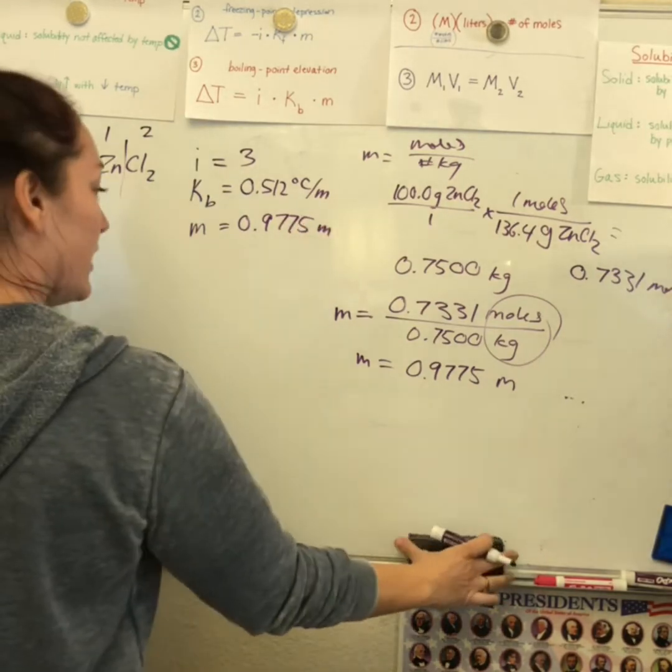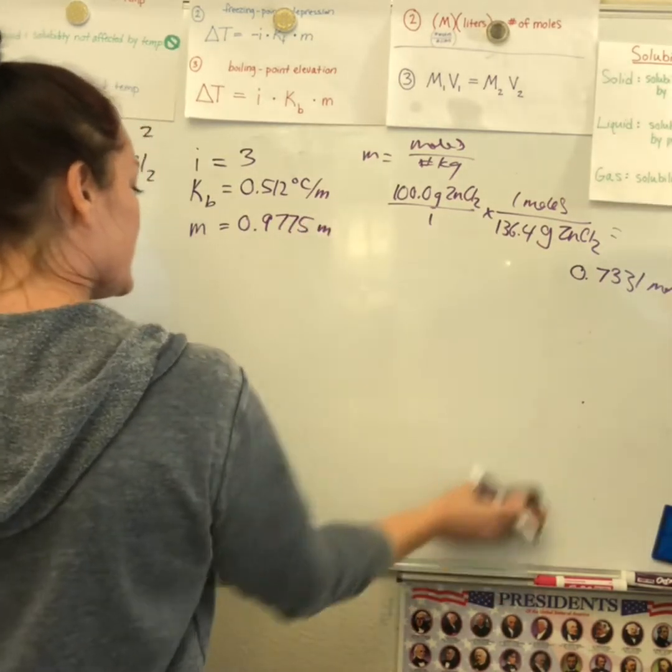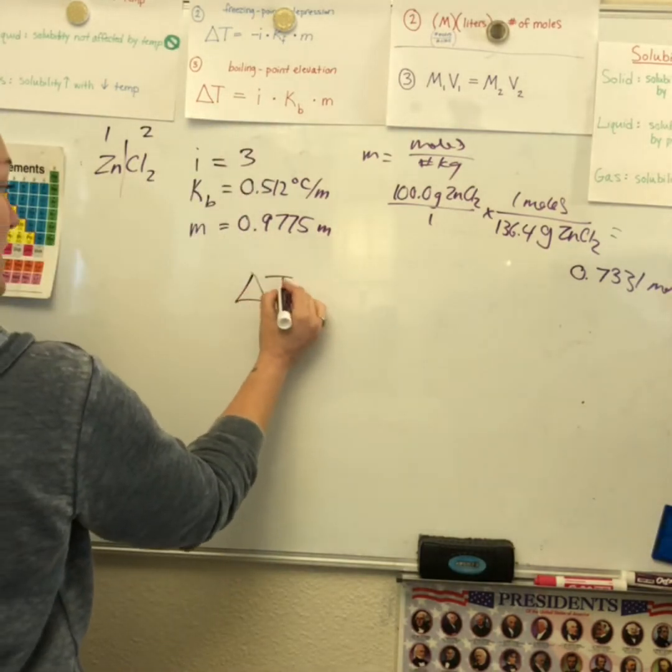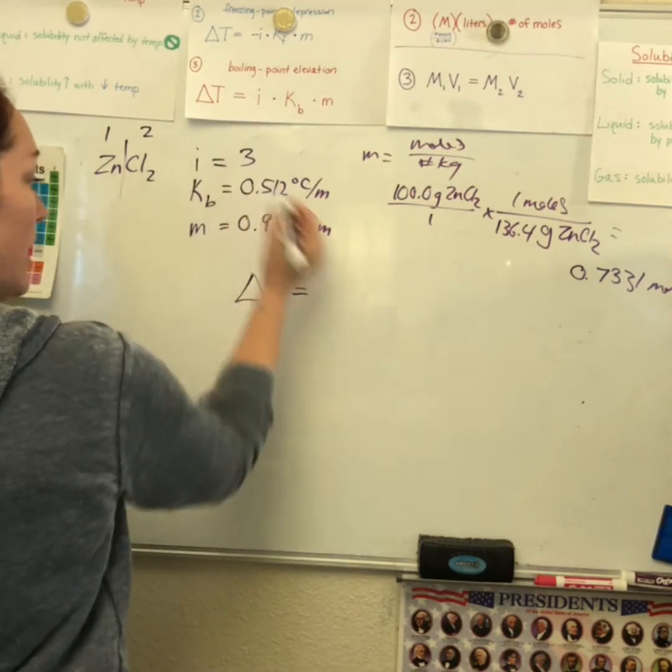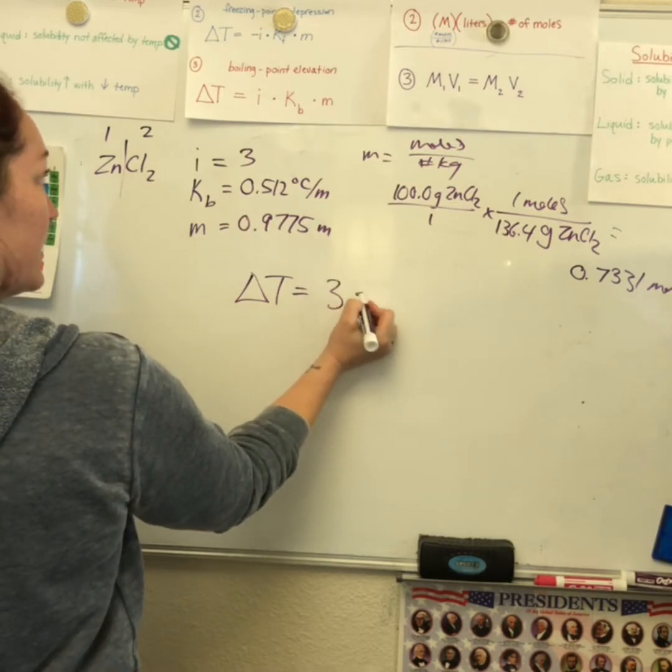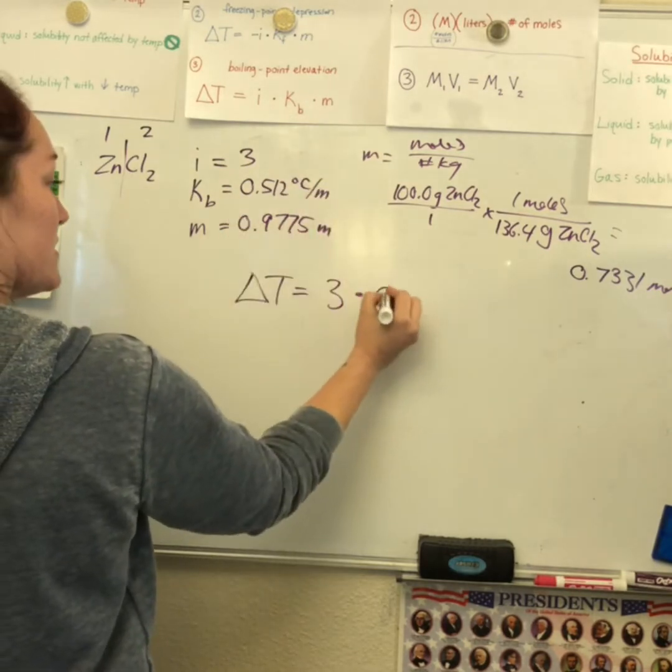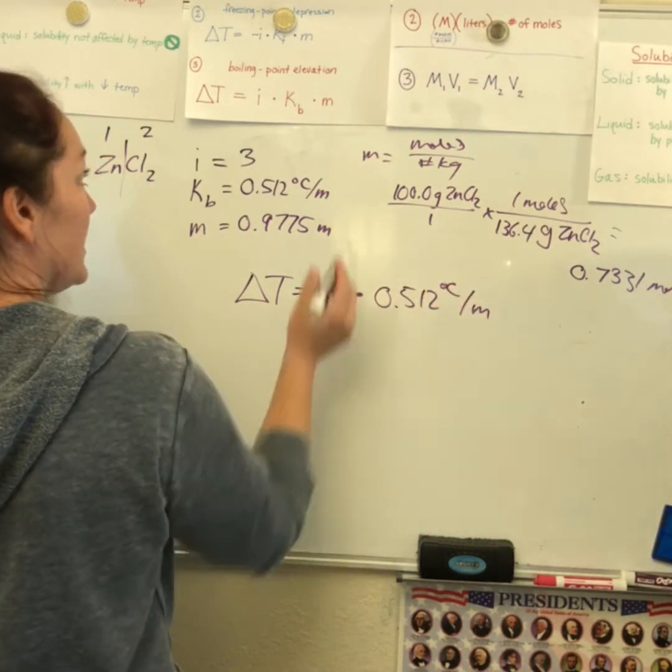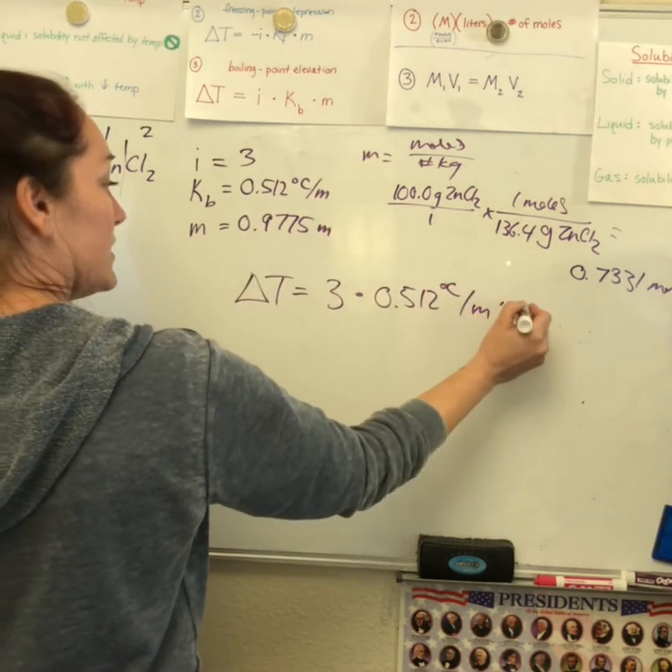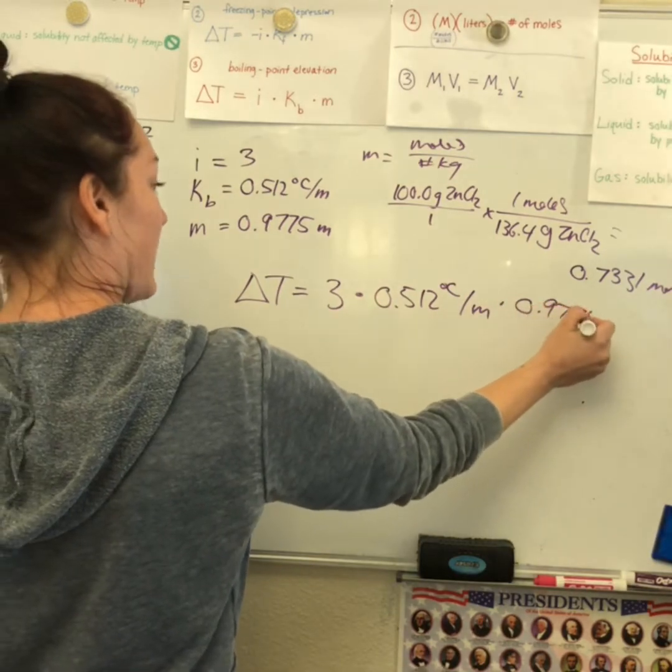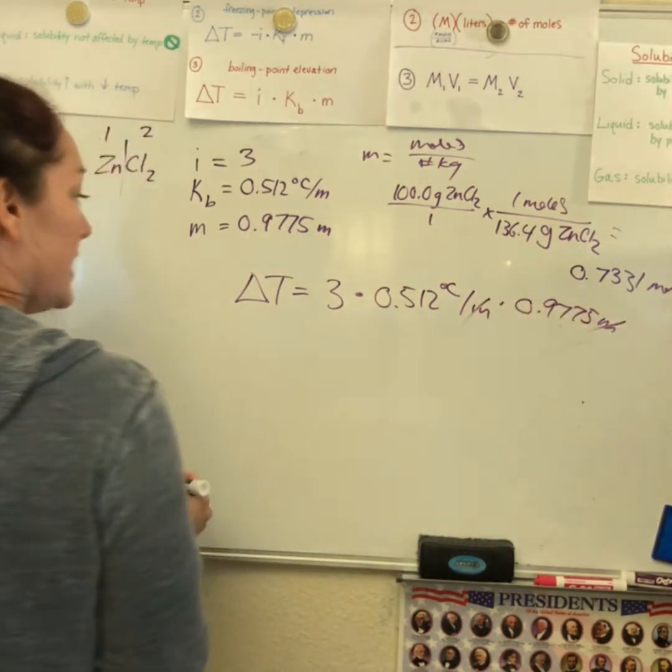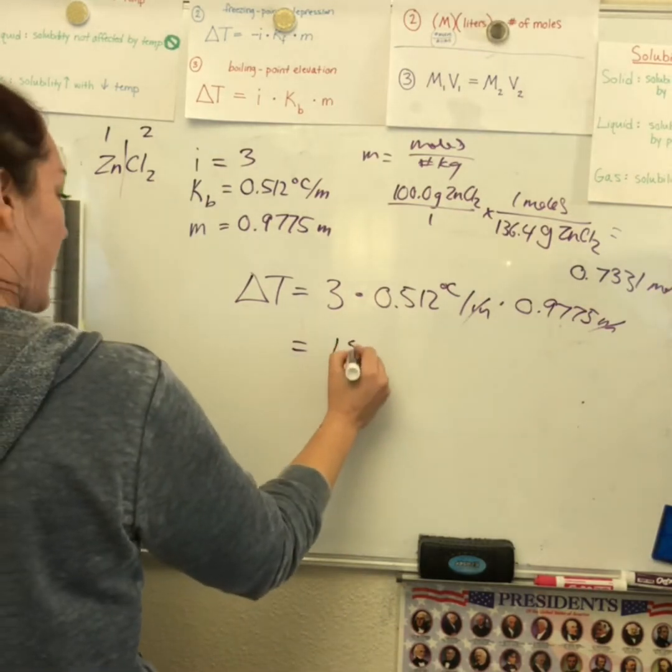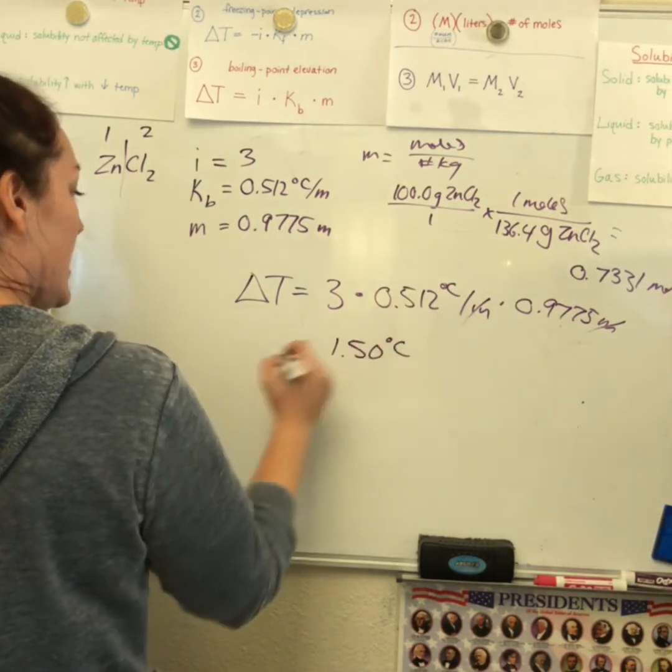Now I can go ahead and erase this from space, and I'm going to pull my boiling point elevation. It's almost exactly the same. Delta T equals, I'm going to plug in my i is 3. I'm going to plug in my Kb is 0.512 Celsius per molality. And then I'm going to plug in my molality is 0.9775 molality. My little m's cancel. If I crunch this through and multiply it, I get 1.50 degrees Celsius is the change